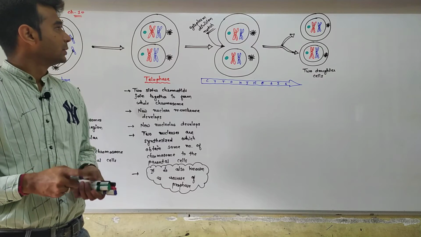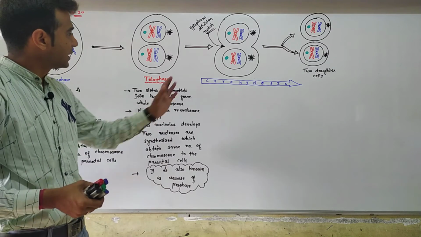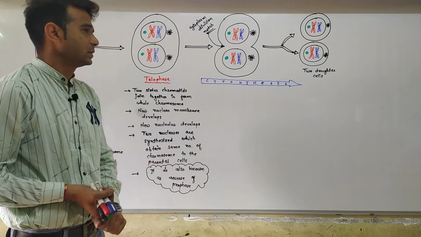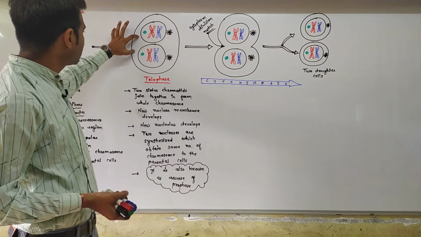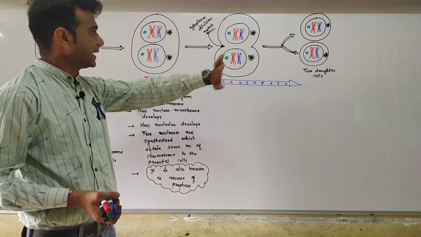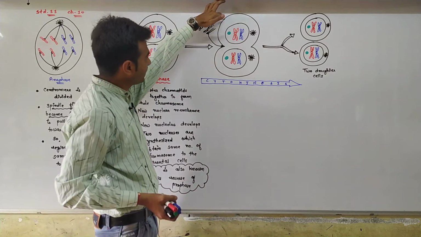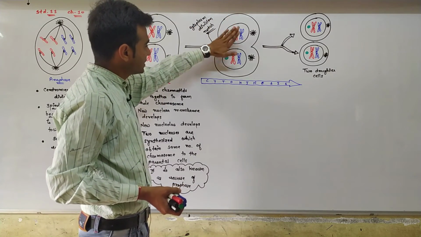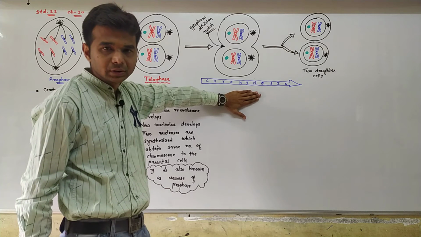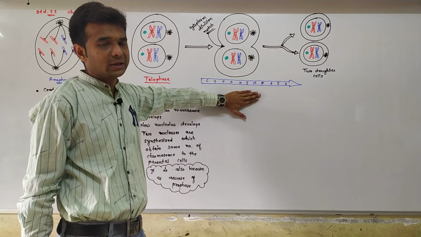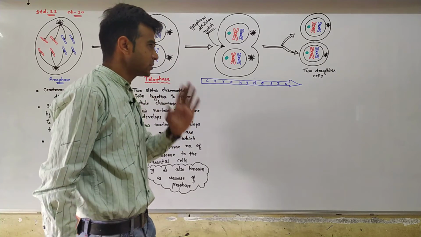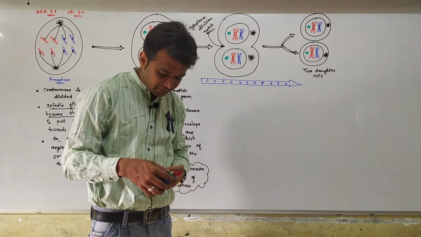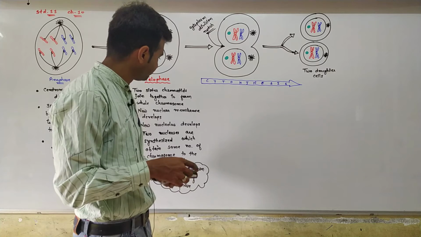Okay. So here cytokinesis starts onwards. Here two nuclei are formed. Now here cytokinesis occurs. So what happened? Cytoplasm division starts. This phenomenon is known as cytokinesis. But all students, please remember one thing.